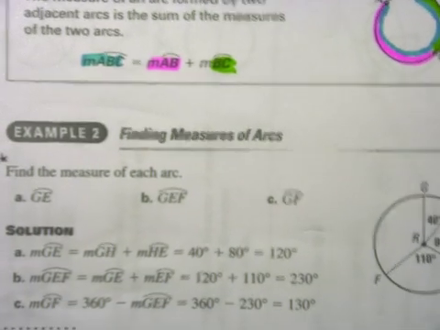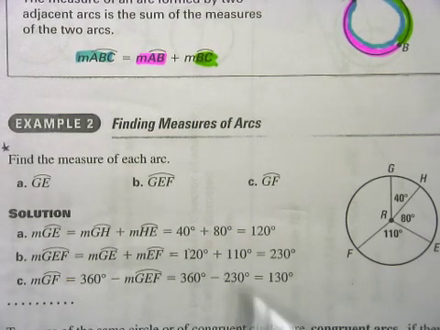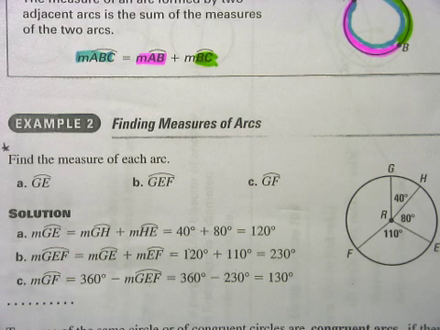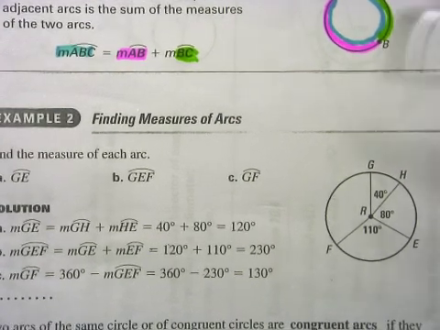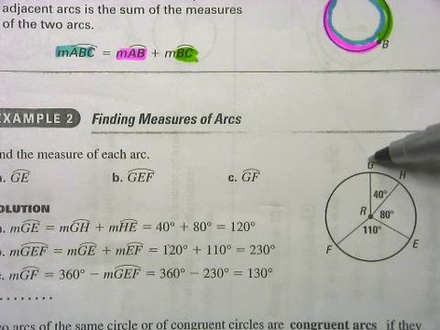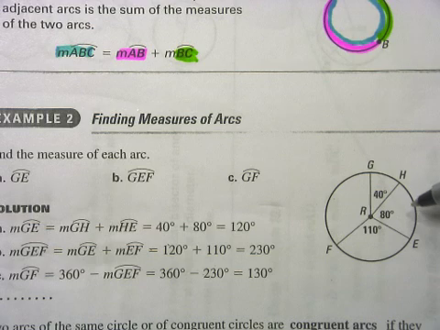Let's take a look at some examples. Let's take a look at this circle here. Let's find the measure of arc GE. Remember, guys, when you're looking for the measure of an arc, you're always looking for the shortest distance between the two endpoints. So let's take a look here. Arc GE goes from here to here. Well, I know that G to H is 40, and I know that H to E is 80. So then, by going by this rule up here, that means that I should add these arcs together to get